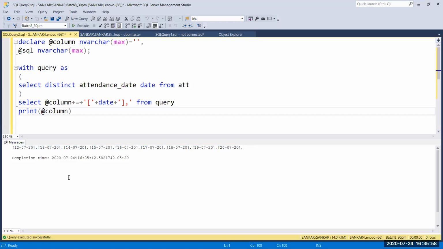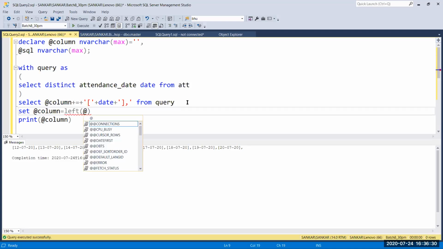And here we have to do one more process. You can see at the end of the list, the comma is extra, so we have to remove this. By removing this comma, I'm going to give set @column, and here I'm going to use the LEFT function. Here I'm going to pass @column because already we have some value in @column, right?